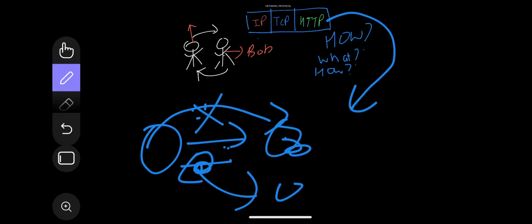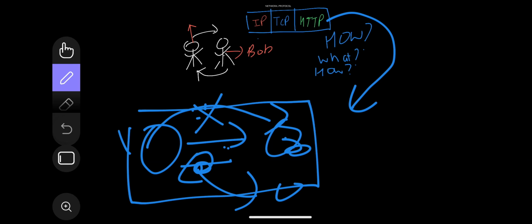So in conclusion, network protocols are just like the greeting protocol for Alice and Bob, ensuring smooth, efficient, and reliable interactions in the digital world. As we dive deeper into the specific protocols like TCP, IP, and HTTP, think of them as detailed intricacies and norms that make our vast digital network functional and harmless.